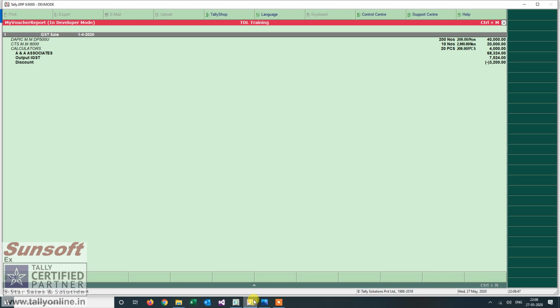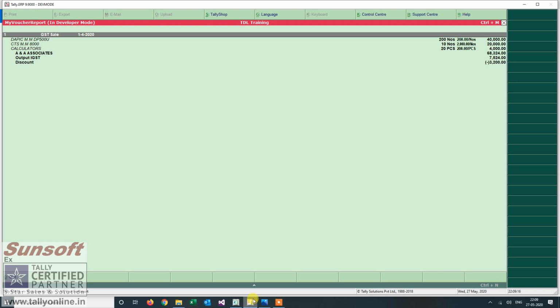If you have a knowledge of a programming language, that's an added advantage. Otherwise, you need more practice on TDL, since you have to clear your programming concepts also through TDL. In case you don't have it, you will have to practice harder on the things.